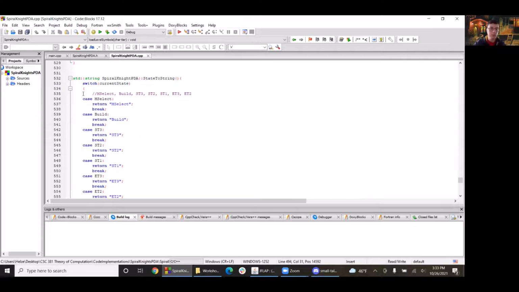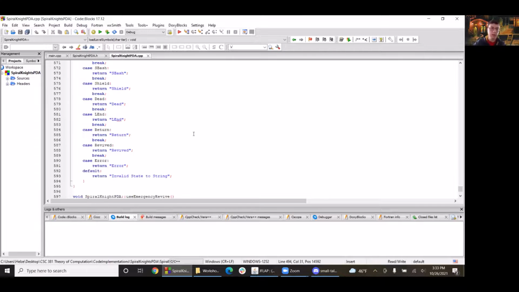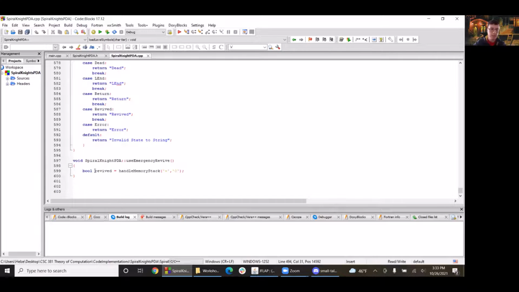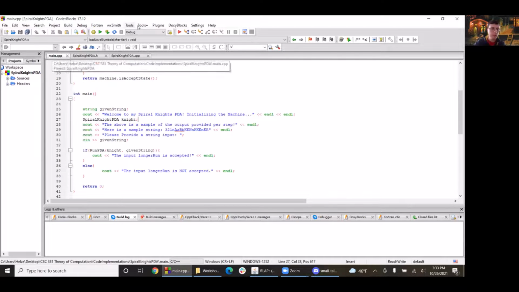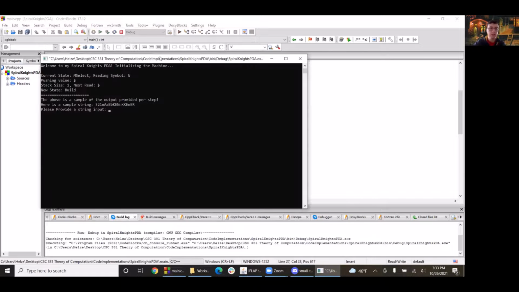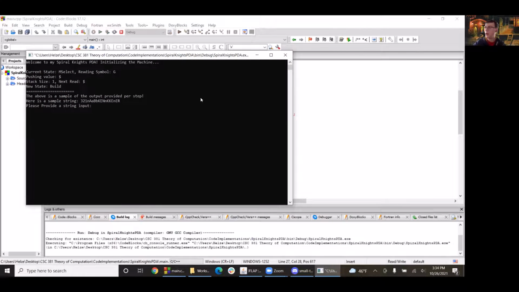State to string is just a switch case that converts the enum value into a string. Otherwise, we would have to read a numerical value. And then, yeah, I did not make use of this, but I will now run the code and see if we can follow along in my PDA. So it initializes the machine, and it does go through one state, and that's a sample of what the output looks like. So I'll follow the sample string that I have set up,